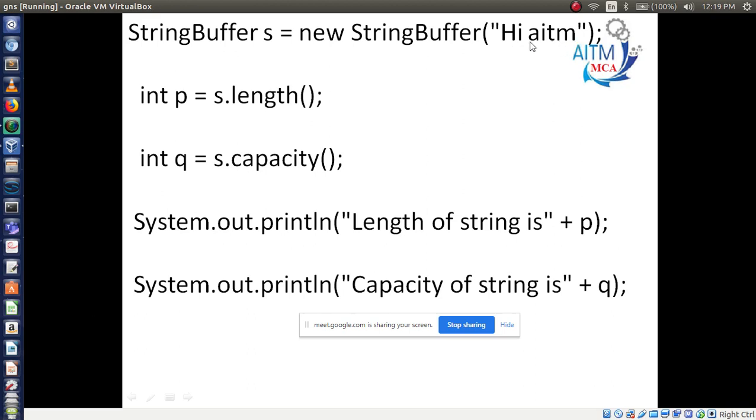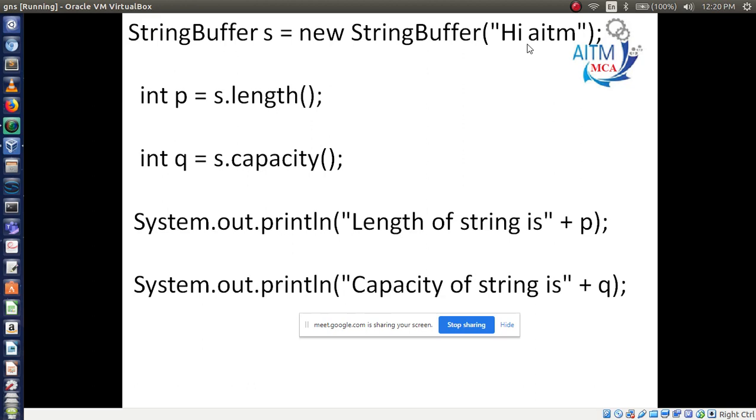Can anyone tell me how many characters are there? Lina, I am not hearing your voice. Kiran. Six. Seven. Okay, now see, here we have 7 characters, including white space also, we have to count.